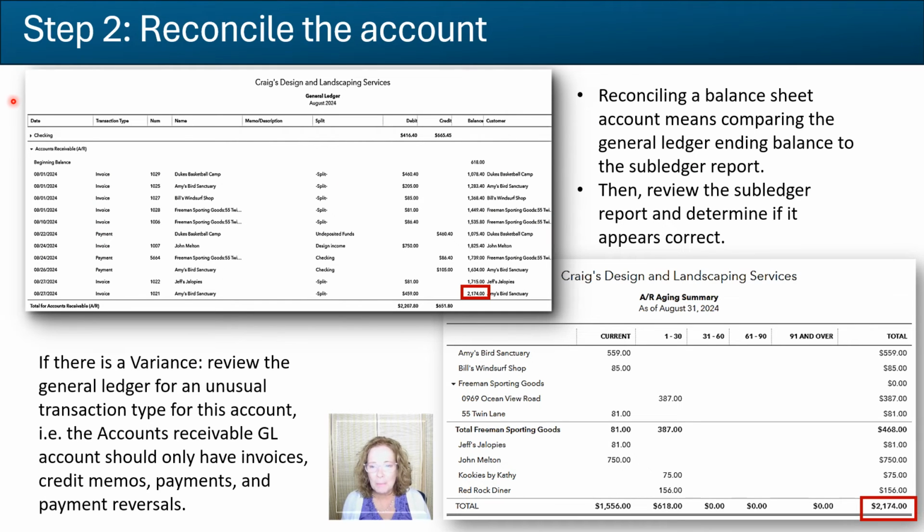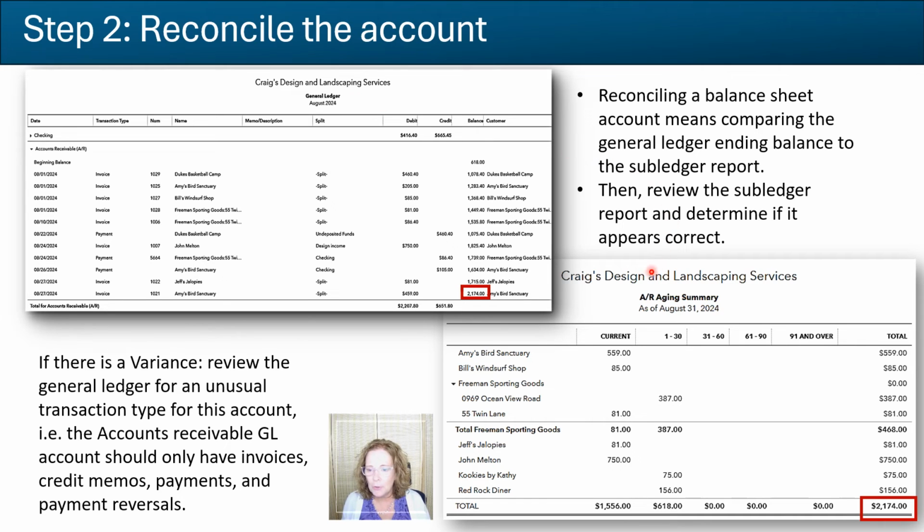That brings us to step 2 of the 4-step process, which is reconcile the account. That means that you compare the ending GL balance from the GL detail report to the grand total of the AR aging subledger report. In our example, the GL report for Craig's Design and Landscaping Services shows an ending balance of $2,174 as of August 31st.